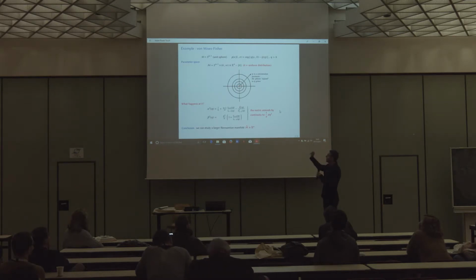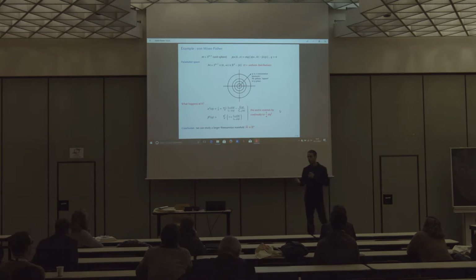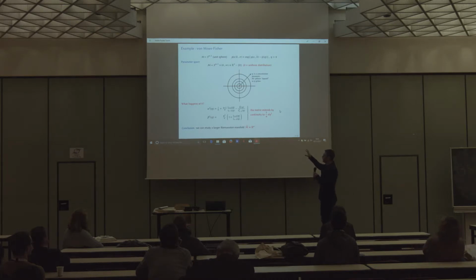The model is an exponential model involving the Euclidean scalar product of x and x bar, and eta is strictly positive. So our parameter space is the product of a sphere and a half line, meaning it looks like the space Rn punctured at the origin. We don't know yet whether we can include the origin or not, but statistically the origin corresponds to the uniform distribution on the sphere. If we look visually at our parameter space, the spheres become larger as we move away from the origin. And this is also statistically correct because eta is a concentration parameter. So as the densities become more concentrated, they are farther away from each other.